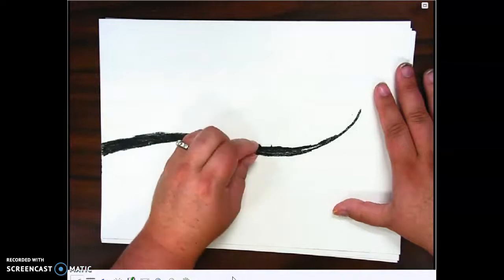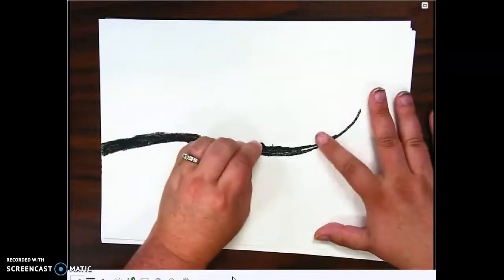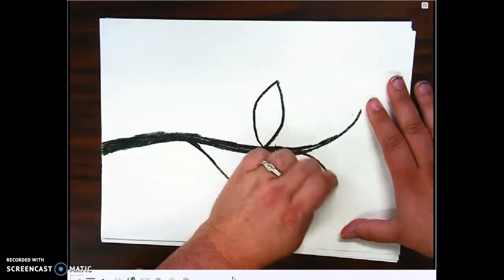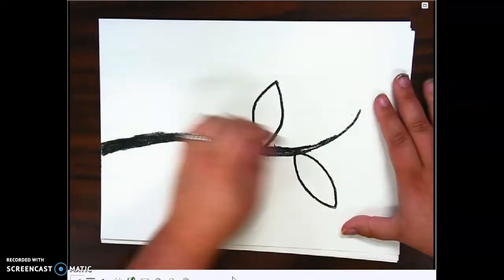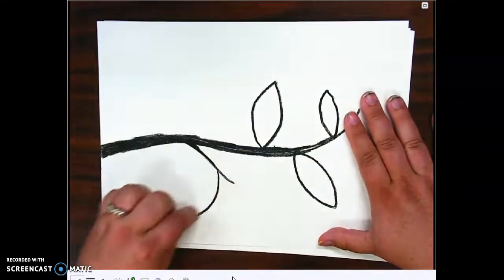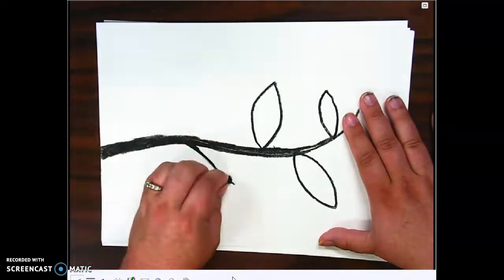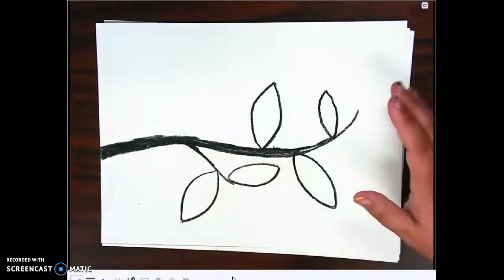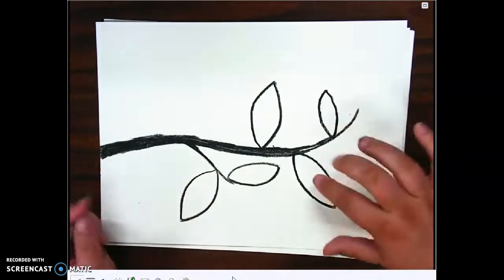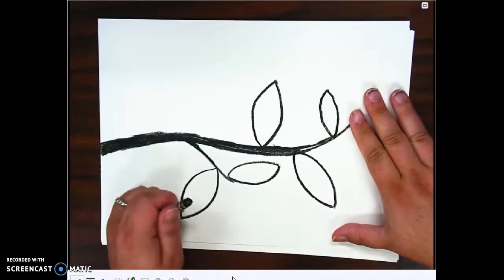I want you to remember we're going to be using some bossy shapes today and some overlapping shapes. So let's get started. I'm just worried about the outside shape right now when I first get started. Remember, some leaves can be a little bit bigger than others. Once I've put in my bossy shapes, the leaves that are in front of the others, I can go back and create those